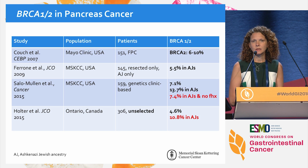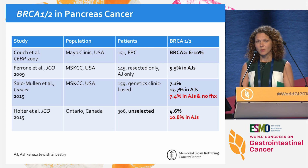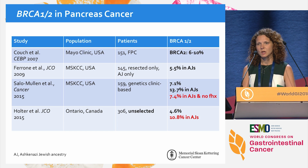So with respect to BRCA1 and BRCA2, this has long been explored in pancreas cancer. And the initial studies, starting around 2007 to about 2014, 2015, really focused on genetic testing in selected pancreas cancer patients. This included a study of familial pancreas cancer patients that I mentioned before by Fergus Couch, a study by our institution by Christina Ferroni and Mark Robson, where 145 individuals of Ashkenazi Jewish descent who we know have a